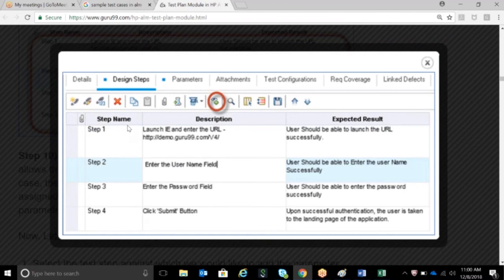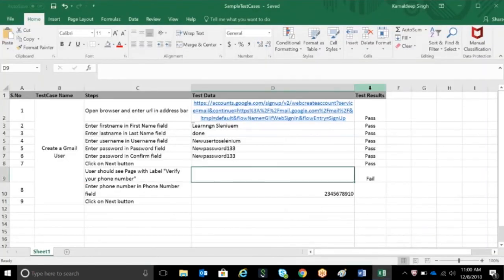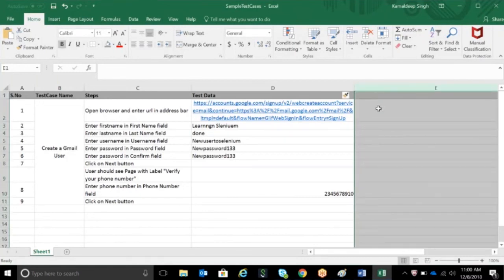If you see, in Excel we wrote sequence 1, 2, and all those. They also have a similar part, but with a little modification in the column names: step name, description, and expected result. Before this, we have two components.